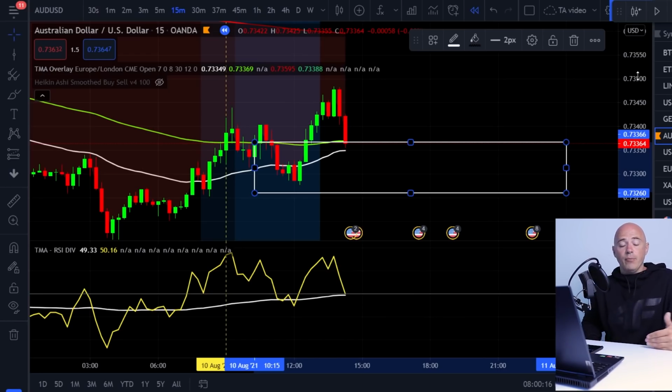Now, if you want to get more risky and risk 2%, all you need to do is make 2 trades. You'll still get your 10 pips, but you'll get it in 2 trades. And that means you got 20 pips, increasing your risk from 1% to 2%. And as you can see here, if I was waiting for a 100 pip move, it would have taken me a very long time to get it. And if you're trading on the 5-minute or the 15-minute and you're scalping, this is the best way to do